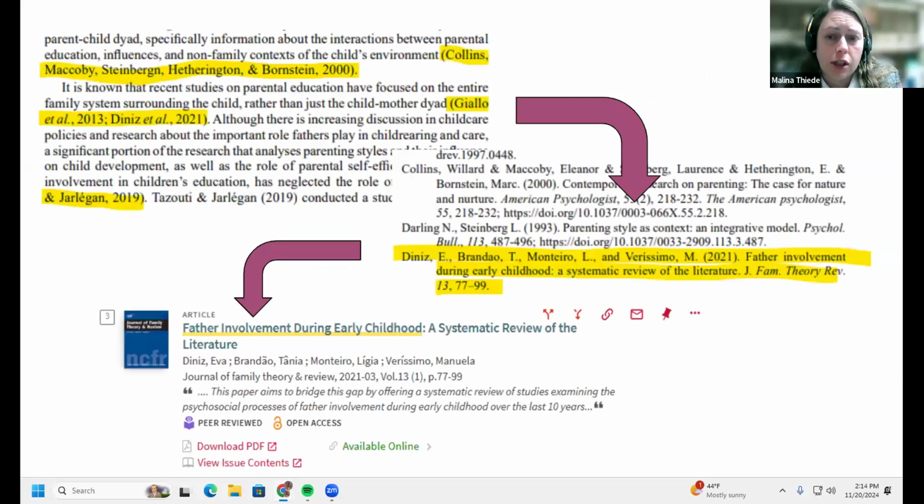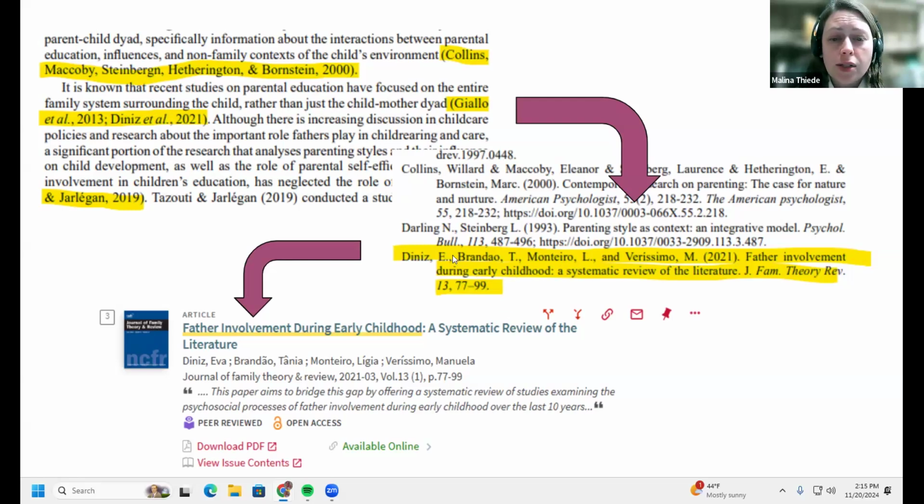So just to visualize what I mean here, up in the top left, you have an example of the in-text citation. In this case, it's Diniz et al., the article we're looking at. It's cited here in the text. And then down here, I took another screenshot from the references list that shows the full citation for this Diniz et al. article.